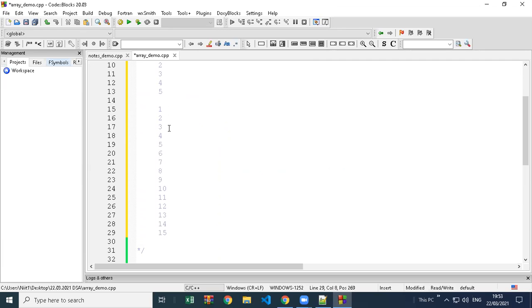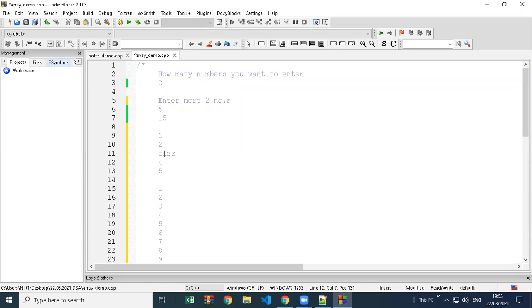Correct. So this is what we are doing, and this is done also. We are printing 1 to 5 and 1 to 15. But when you print 1 to 5, if any number is divisible by 3, don't print 3 there. Instead of printing 3, print fizz. If any number is divisible by 3, print fizz.